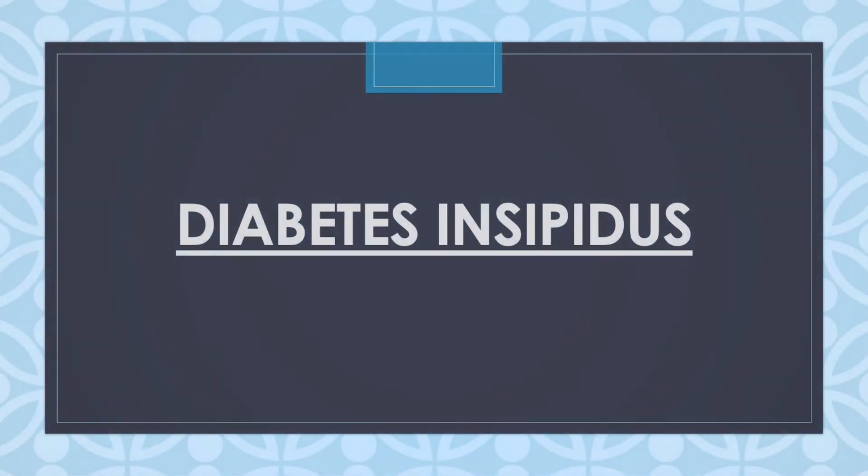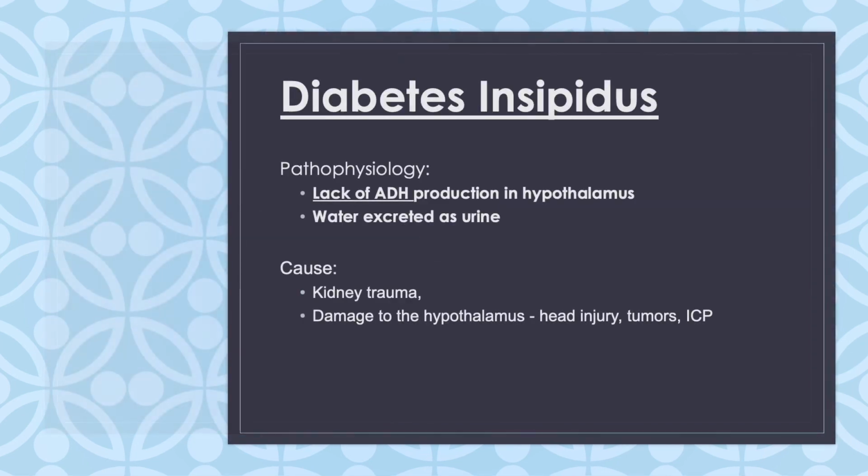So we're going to start with diabetes insipidus, and no, this disorder has nothing to do with diabetes in general, but when discussing it, just think hypovolemia, because there is a bunch of fluid output, okay? Now, the pathophysiology behind diabetes insipidus is that there is a lack of ADH, which is antidiuretic hormone, and this is the hormone that retains water within the body. So if there is no ADH, like in the case of diabetes insipidus, there will be no water reabsorption, meaning the water will just constantly be excreted through the body as urine, okay? So this is going to cause low fluid volume due to the excessive excretion of the fluid,